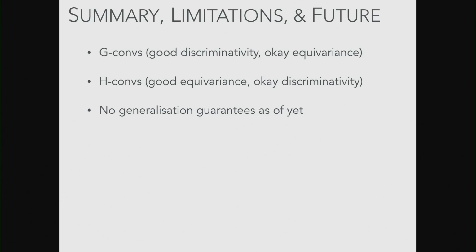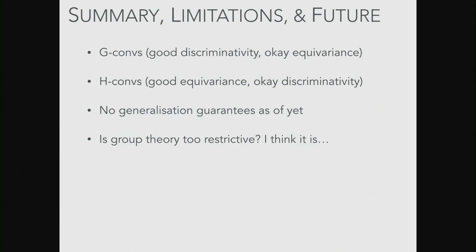And so there's a couple of things we still need to work on. These networks don't really have a good generalization theory yet. Although a guy called Taco Cohen, who came up with the G-CNNs, has written a paper which says that these two things are actually, in some sense, equivalent. They fit into a unifying theory. And so we can treat both of these things as the same thing in a sense.